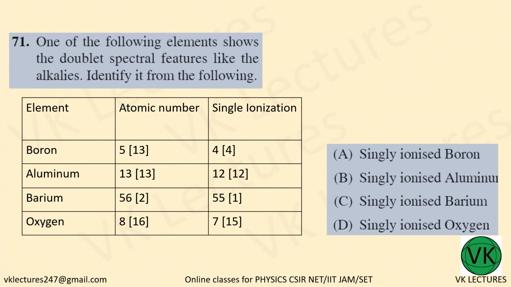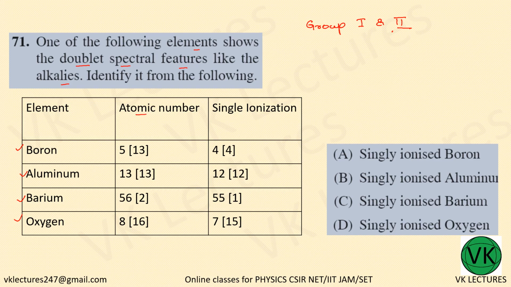Question number 71. One of the following elements shows doublet spectral feature like alkalis. Now alkalis are group 1 and 2. From the options given are boron, aluminum, barium and oxygen, and their corresponding atomic numbers are